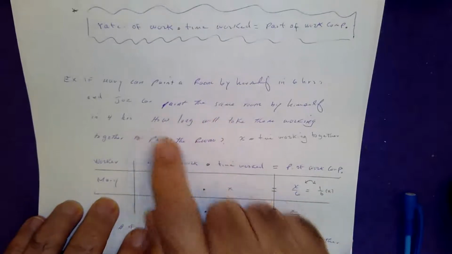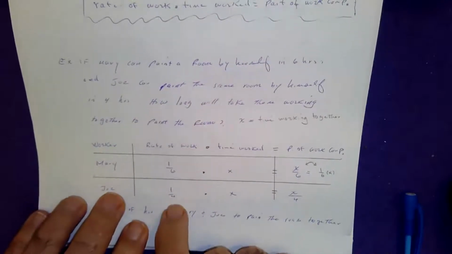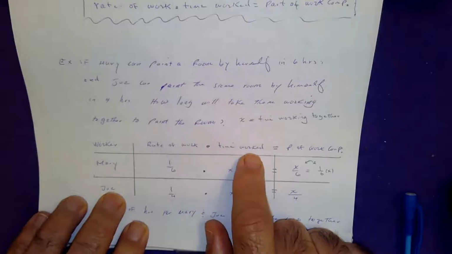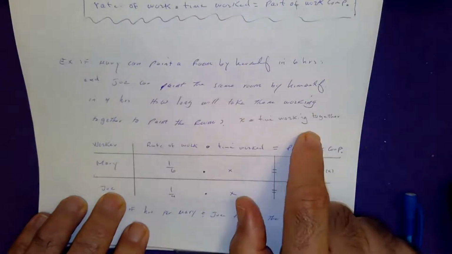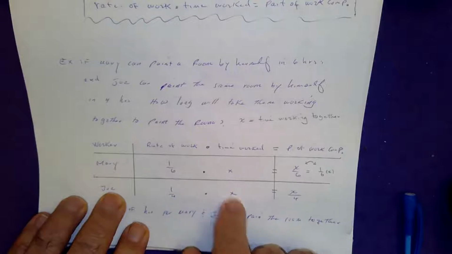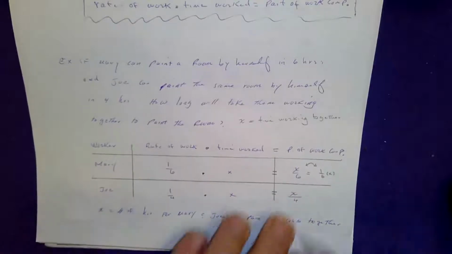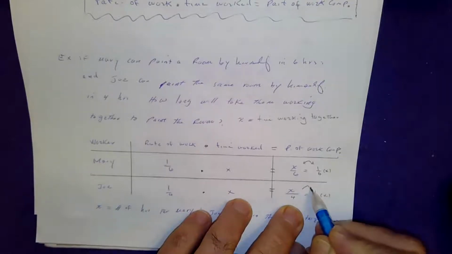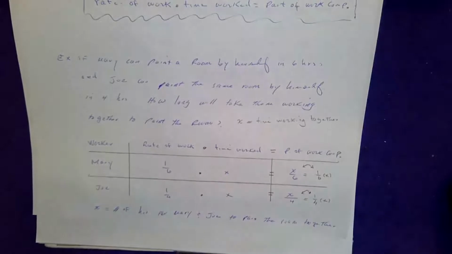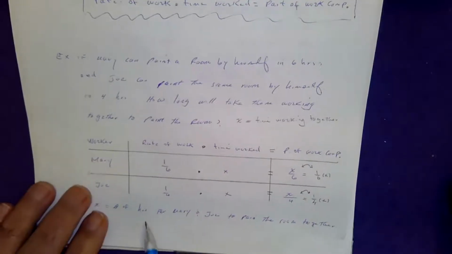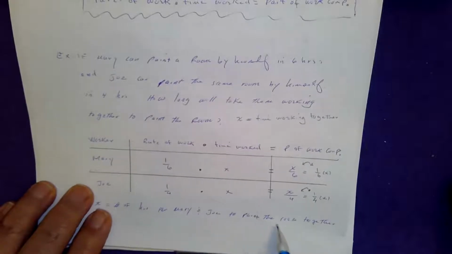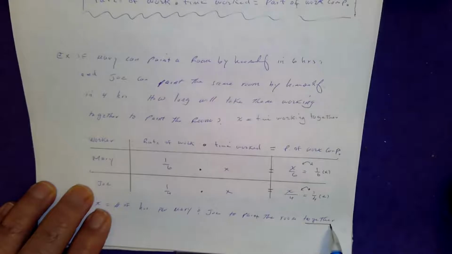It took Joe 4 hours. His rate is 1/4. So that means in 1 hour, he has completed 1/4 of the job. Then we multiply by the amount of time worked, which is X, that's together. 1/4 times X gives you 1/4 of X, but that's exactly the same as saying X/4. So X is the number of hours for Mary and Joe to paint the room working